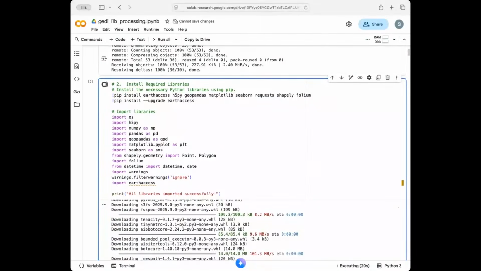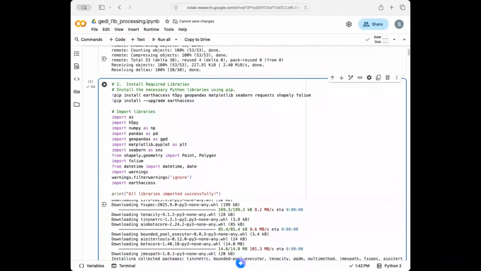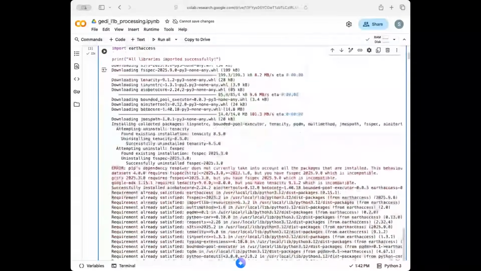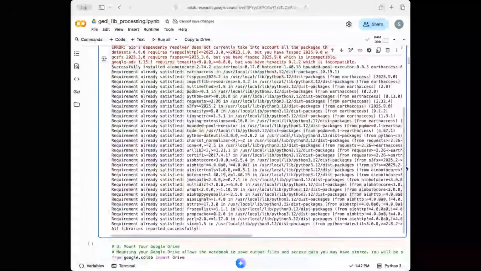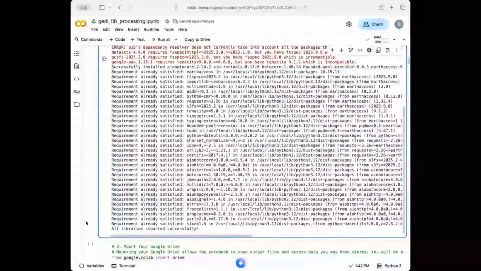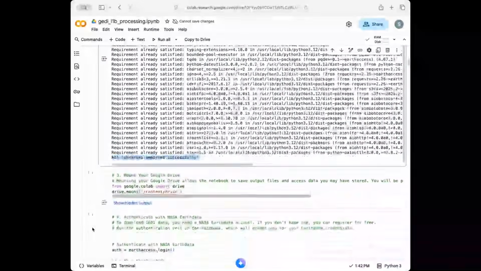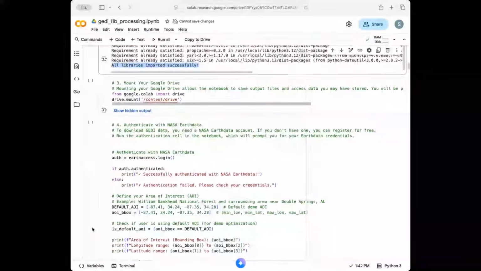GeoPandas is used for spatial data operations. Matplotlib and Seaborn are both used for creating visualizations. And then finally, Folium is used for interactive mapping. So let's see how we're doing here. Once we see at the bottom of the output that all libraries were imported successfully, we can move on to